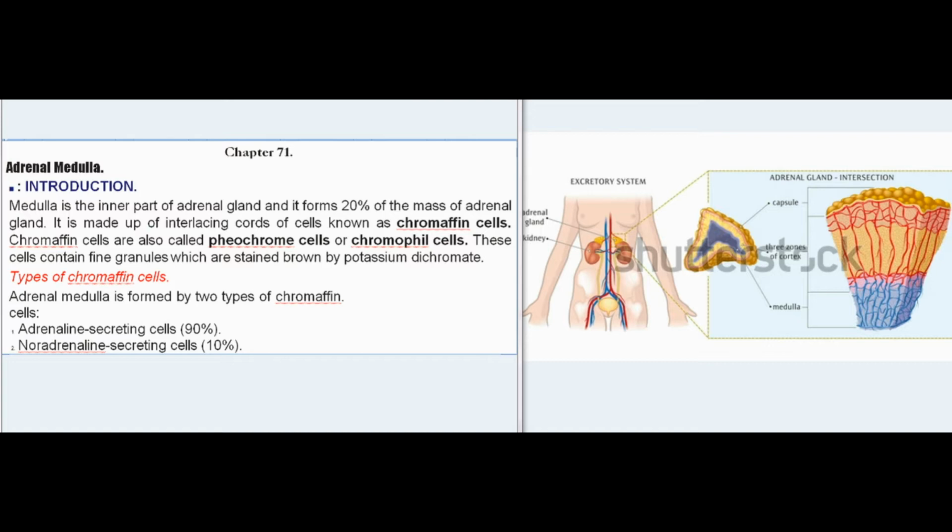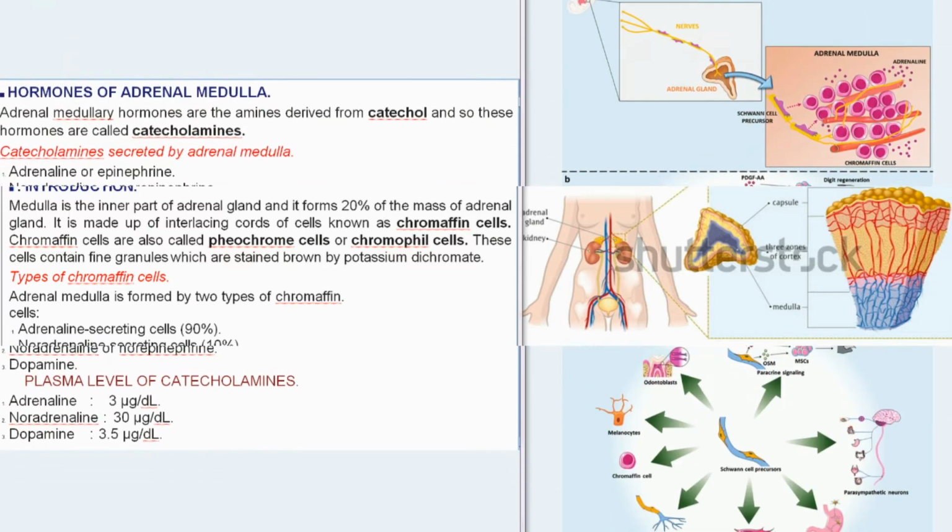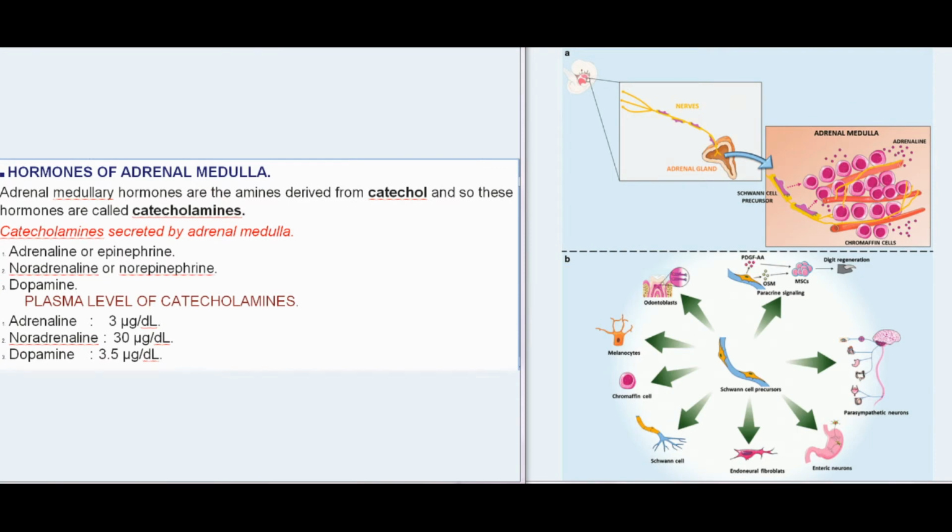Types of chromaffin cells. Adrenal medulla is formed by two types of chromaffin cells: adrenaline secreting cells, 90%, and noradrenaline secreting cells, 10%. Hormones of adrenal medulla. Adrenal medullary hormones are the amines derived from catechol, and so these hormones are called catecholamines. Catecholamines secreted by adrenal medulla: adrenaline or epinephrine, noradrenaline or norepinephrine,